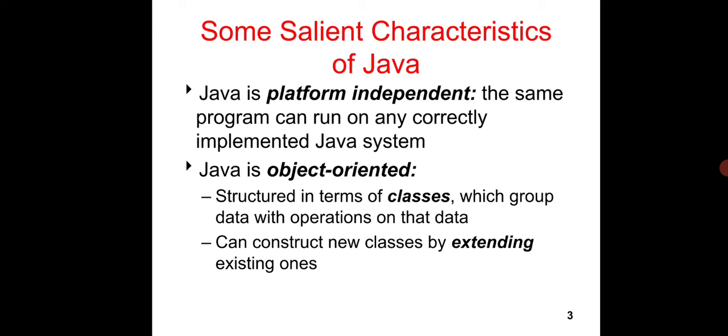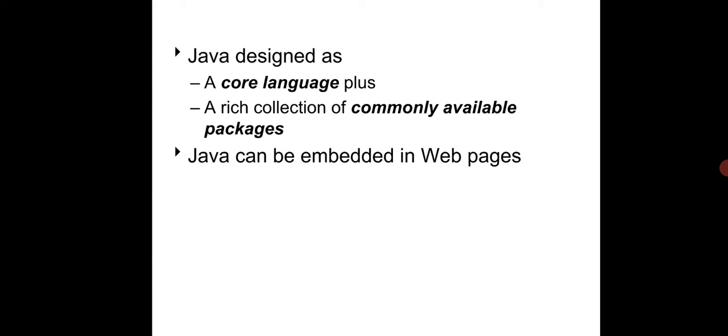Next, these are all the main characteristics of the Java platform. Java is platform independent. Then Java is object oriented. Object oriented in the sense we can create classes and objects. Based on the classes and objects, we can access the data members from the class. Without creating a class, we cannot write a program in Java. So Java is an object oriented programming language. Java is designed as a core language. Java has many editions, and the core language belongs to the standard edition.